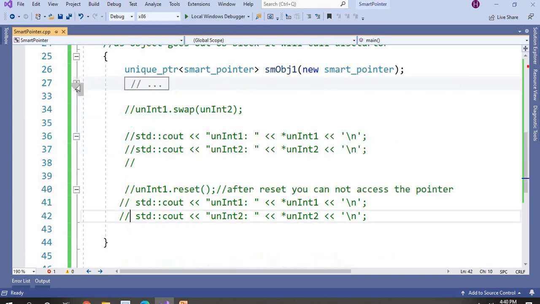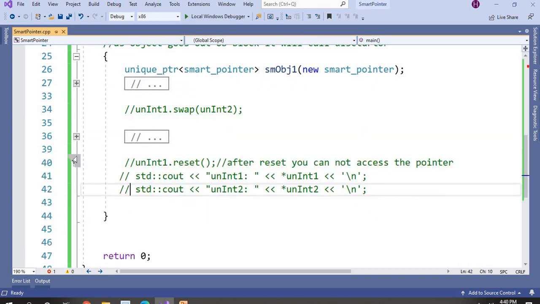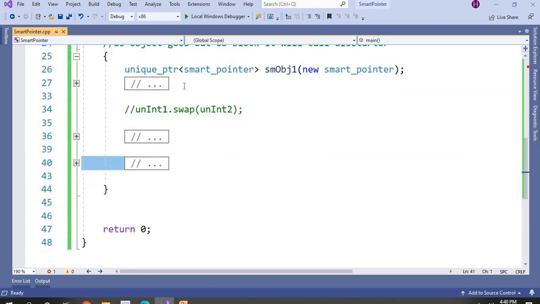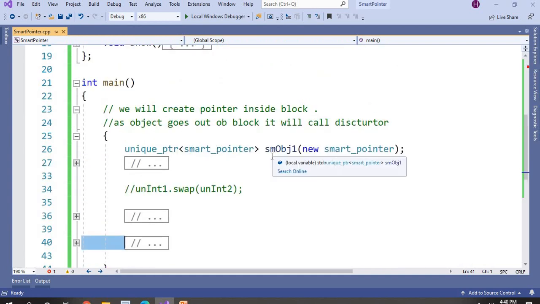So if you create anything inside the block scope, when the object goes outside this block, the object will be destroyed. Okay, this is a simple thing to understand the smart pointer.